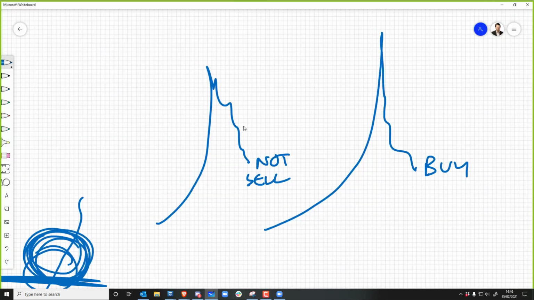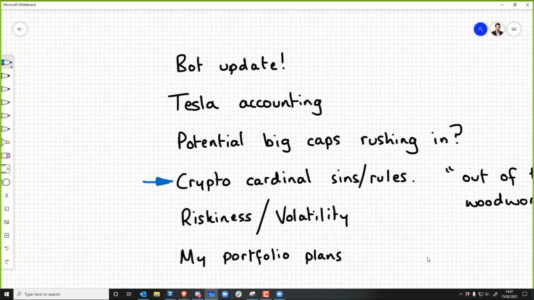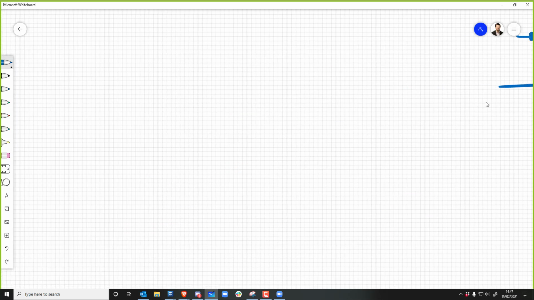But something else which is very interesting is riskiness versus volatility. Okay, so everyone that I meet in general thinks